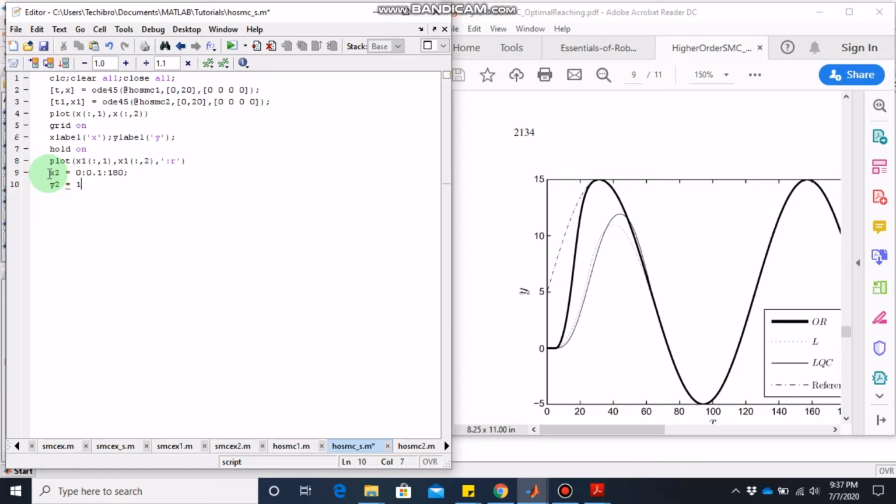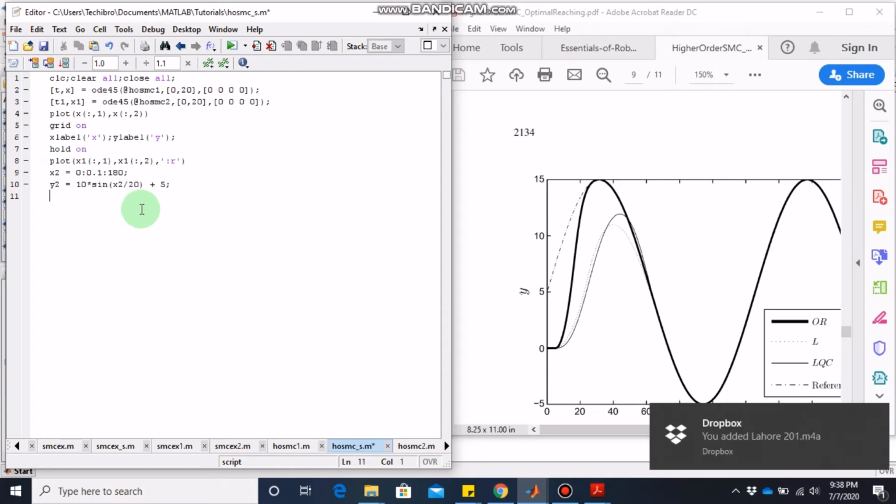10 times sine of x2 divided by 20, which was actually the equation for the sliding surface, because the sliding surface is selected based on the control objective, and our control objective is to follow the trajectory where y is equal to 10 times sine of x divided by 20 plus 5. And now we can also plot